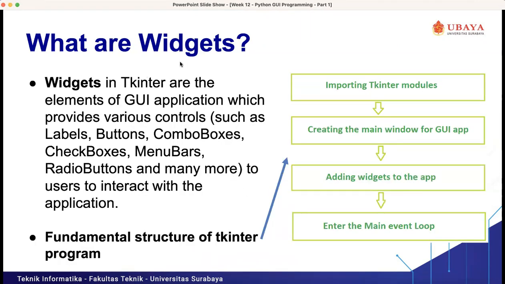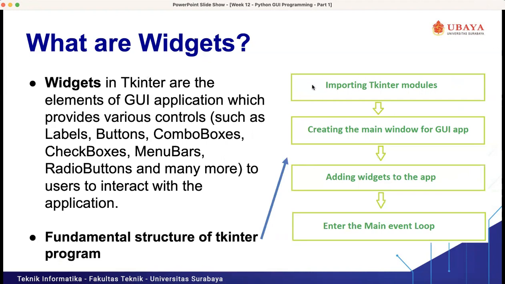What are widgets? Widgets in tkinter are the elements of a GUI application which provide various controls such as labels, buttons, combo boxes, checkboxes, menu bars, radio buttons, and many more for the user to interact with the application. This is the fundamental structure of a tkinter program.